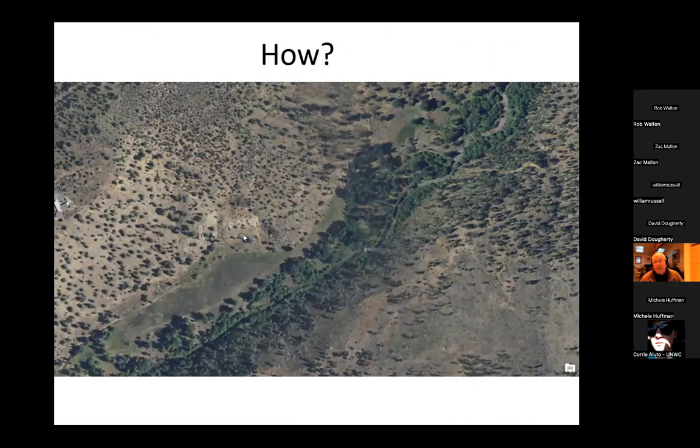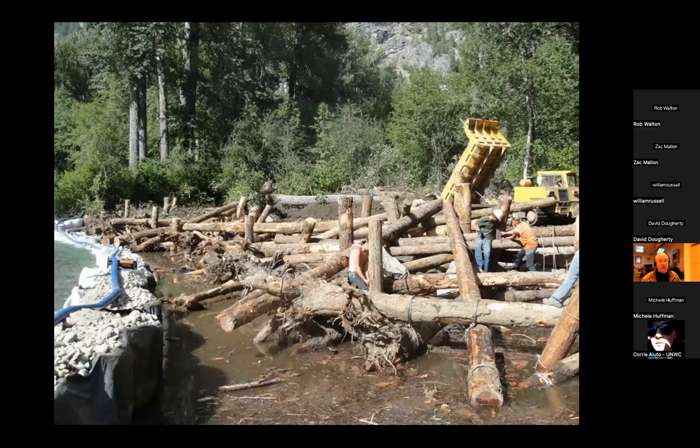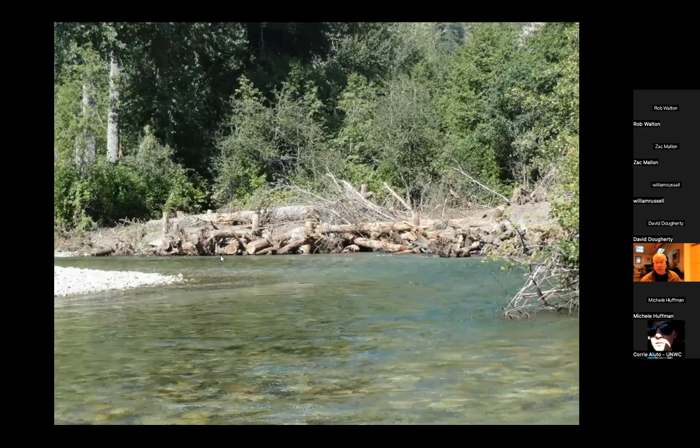Okay, so how do you do that? In this case, the structural forcing was in the form of artificial beaver dams, but that's not the only way to do it. Oftentimes when we think about restoration, we think about it from, oh, there's something missing in the system. There should be wood. Let's add wood. The stream is moving, we should stop it moving because it really needs to stay here. We can stop it moving by putting wood in. So double duty. That's not thinking about the overall biological function of a riverscape. That's solving an engineering problem using, in this case,